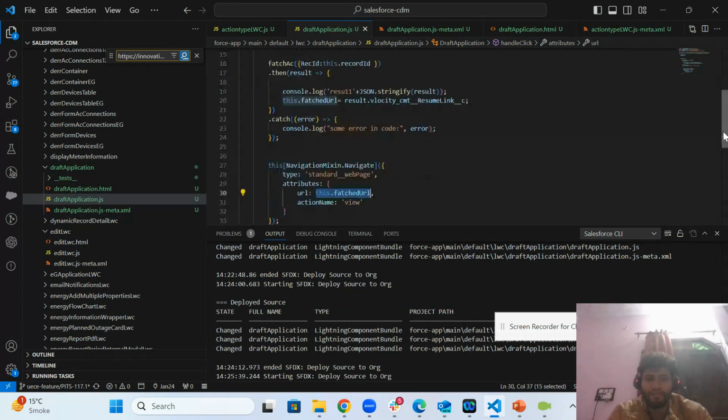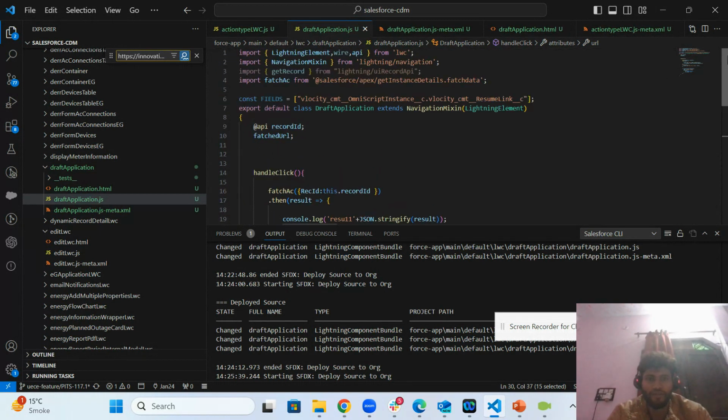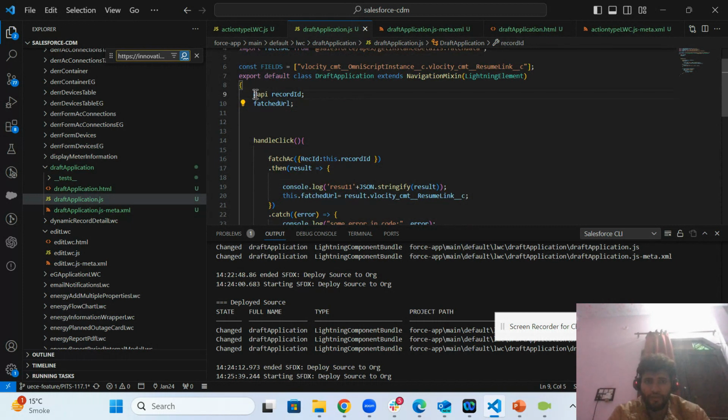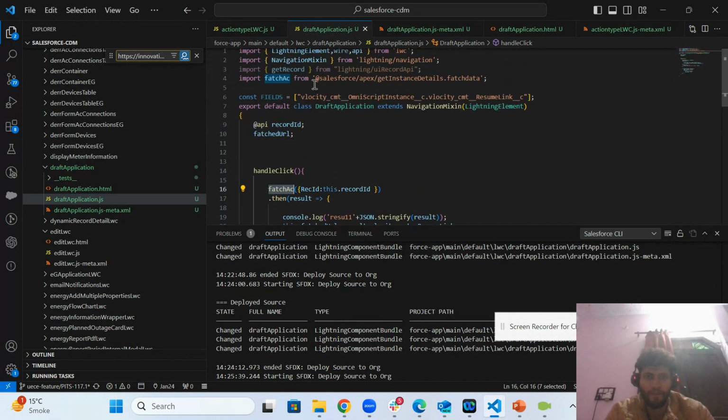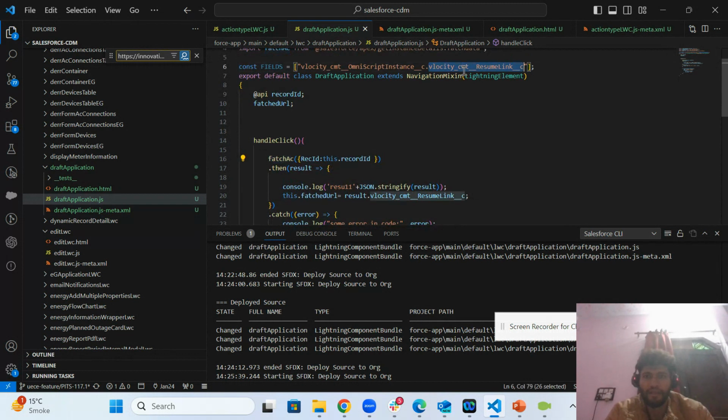To fetch this URL, I am calling one Apex class. Here you can see I'm calling this class and this method and passing the record ID, which is coming from the page where I have embedded this LWC. This record ID is coming using the API decorator. I think you all know how to get the record ID in LWC, and the same record ID I'm passing to this method, and this method is returning me the link, and the link name is resume link, right,